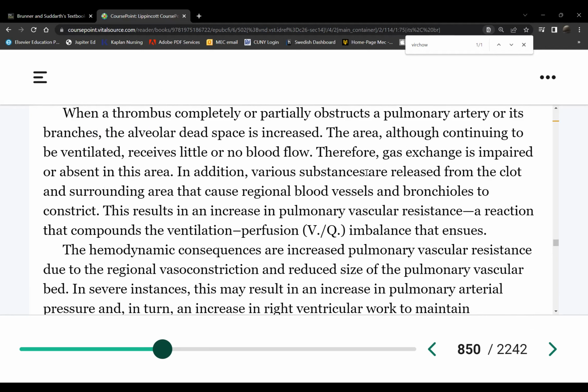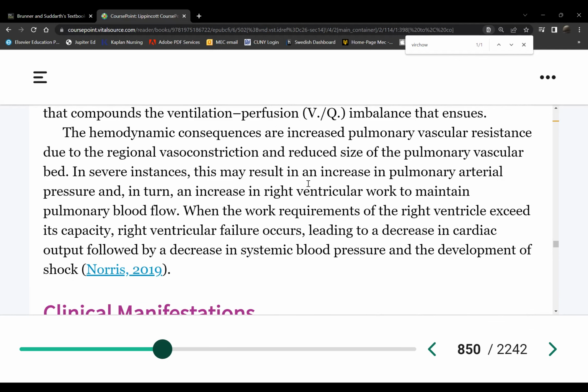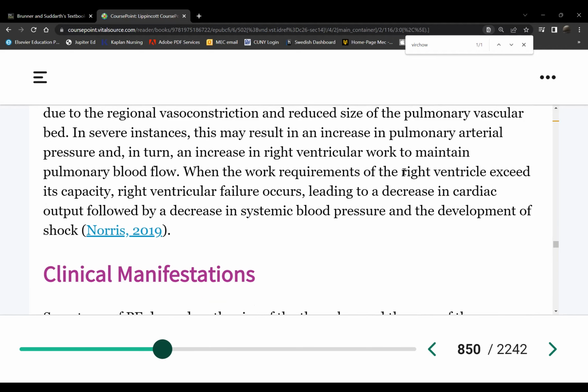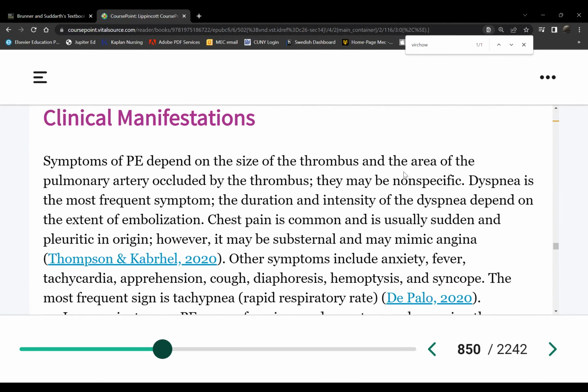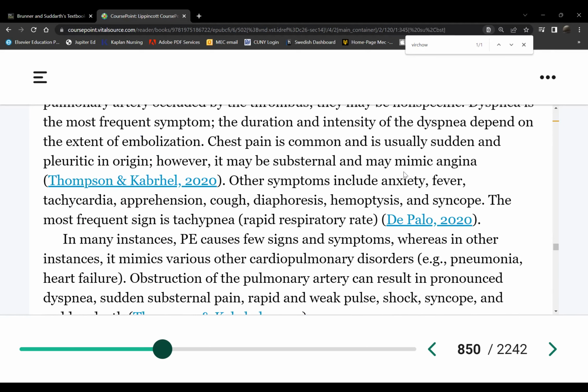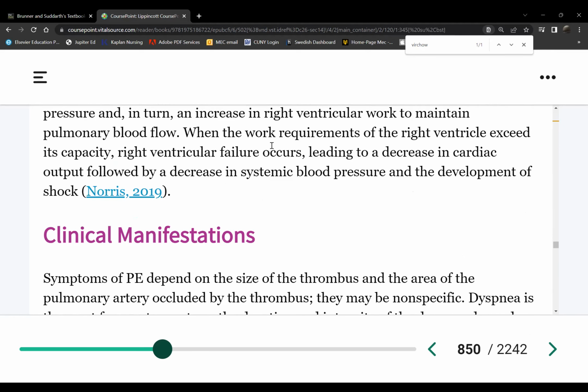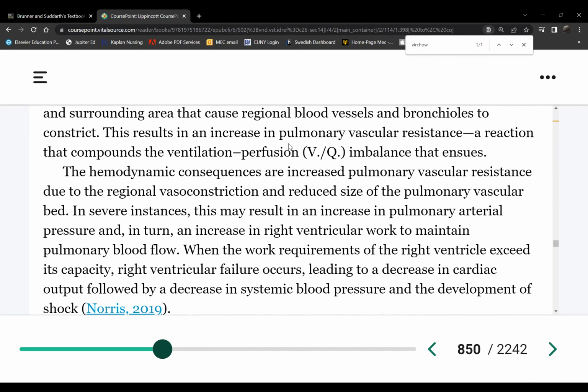So the patient's category of PE will depend on the size and number of the blood clots involved. We don't know how many clots will form or how big they're going to be. So that will determine how many branches of the pulmonary arteries they will end up obstructing. There will be consequences here, again, depending on the size and number of those blood clots. Let's just go down the list. So what if the pulmonary arteries are obstructed?